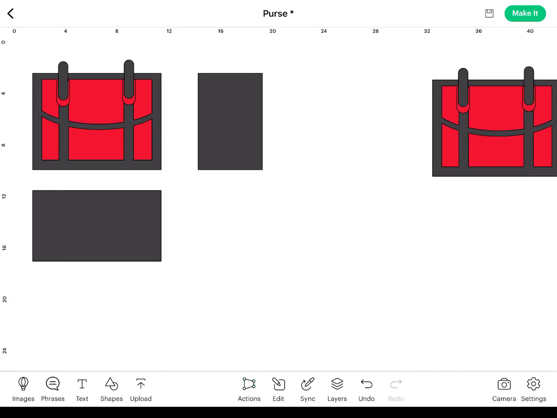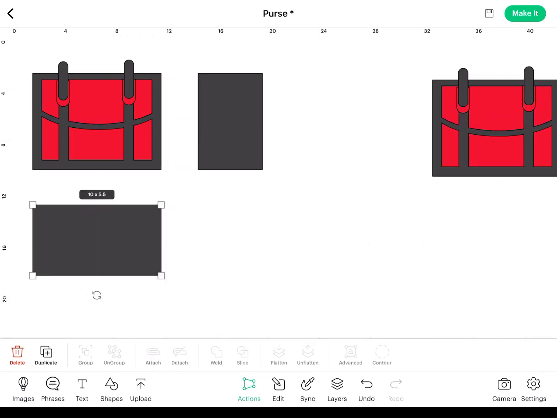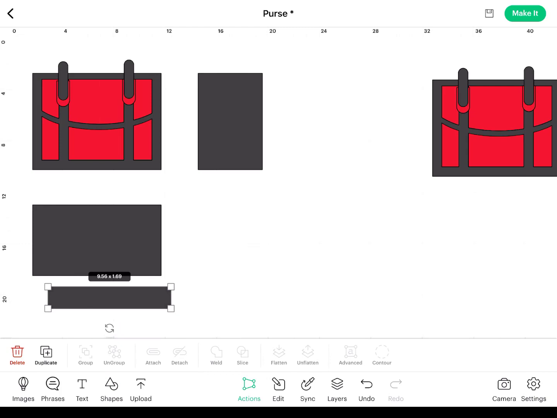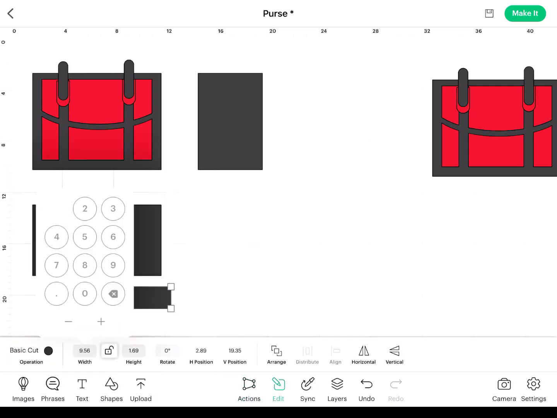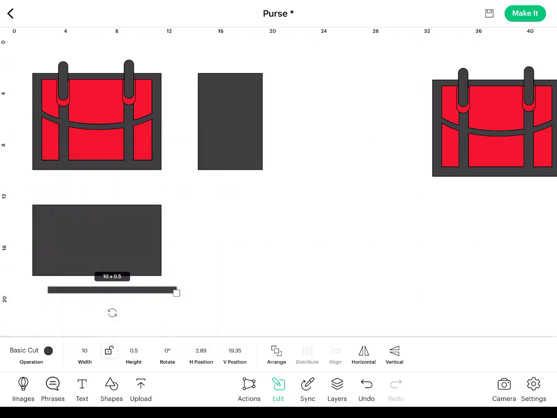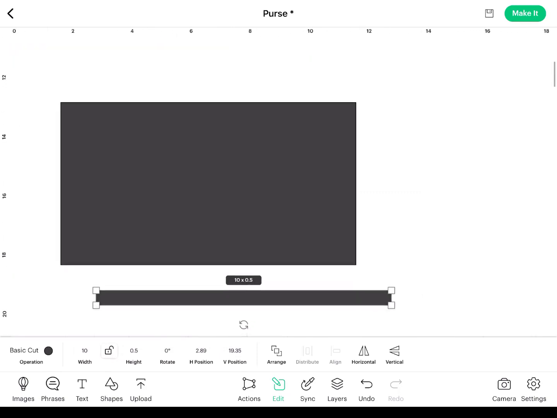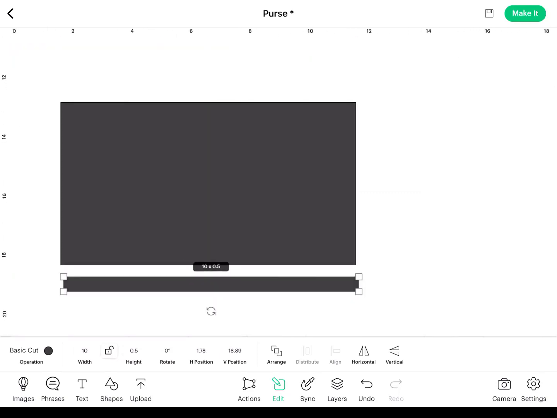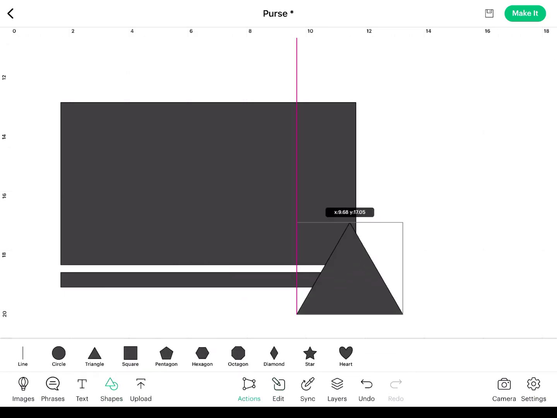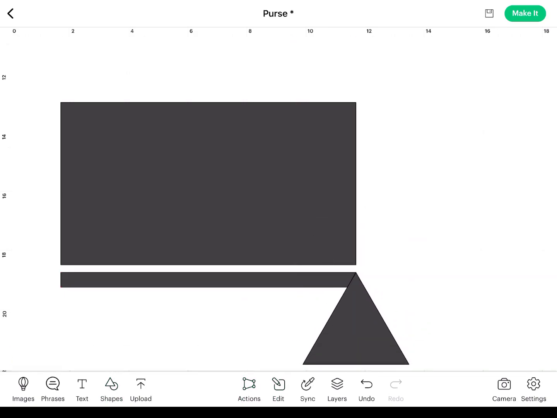So what I have to do next is make little tabs on this to allow the pieces to all combine with each other. So quickly just making another rectangle. They have to be the full length of each piece. So I'm going to make this 10 inches wide, and I'm going to make this 0.5 inches in height. So this is going to be the tab that I add here, but I've got to add some notches here. And I find the best way to do this is just by adding a triangle on a 45-degree angle, and I'm going to slice